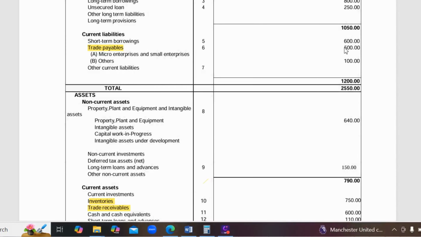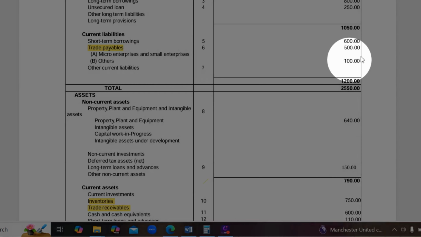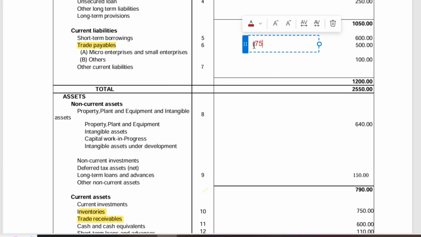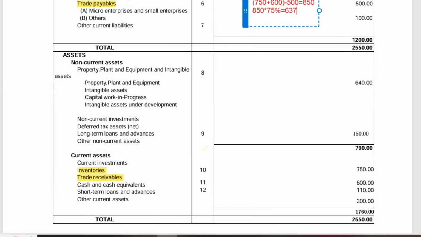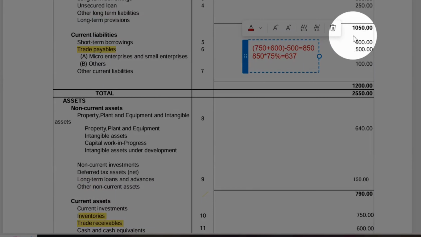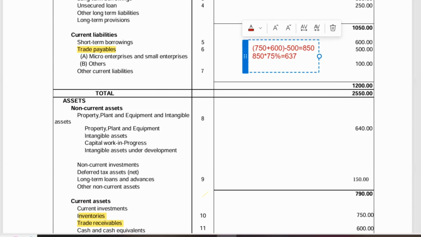Here we have the value of creditor, that is 5 crore. Now it is quite simple to calculate the DP limit. You just add the value of stock and debtor and deduct the value of creditor. So here you get the value of total paid up stock, that is 8 crore 50 lakh. So after considering a margin of 25%, which could differ from bank to bank, you will get the DP limit. So here we have 6 crore 37 lakh. So against this, when you look at the CC utilization, that is 6 crore. So that is within the limit. It is quite satisfactory, right?